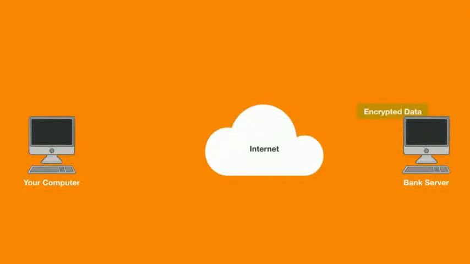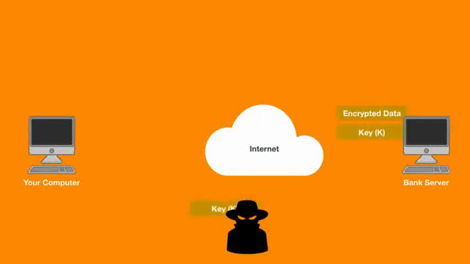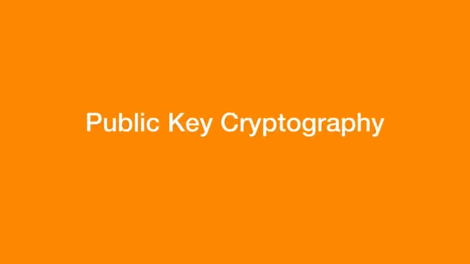So until we share the key with the bank server, it cannot validate our credentials and we will not be provided access into our online banking account. So we send the key to the server. But what if an intruder has captured the key that we are sending to the server? If he does, he can now decrypt all the messages or data that we are exchanging with the bank, and he can basically read all these things. So we either share our key, making sure that it is not captured or understood by any intruder, or we use some other approach. We will use public key cryptography to solve this issue.